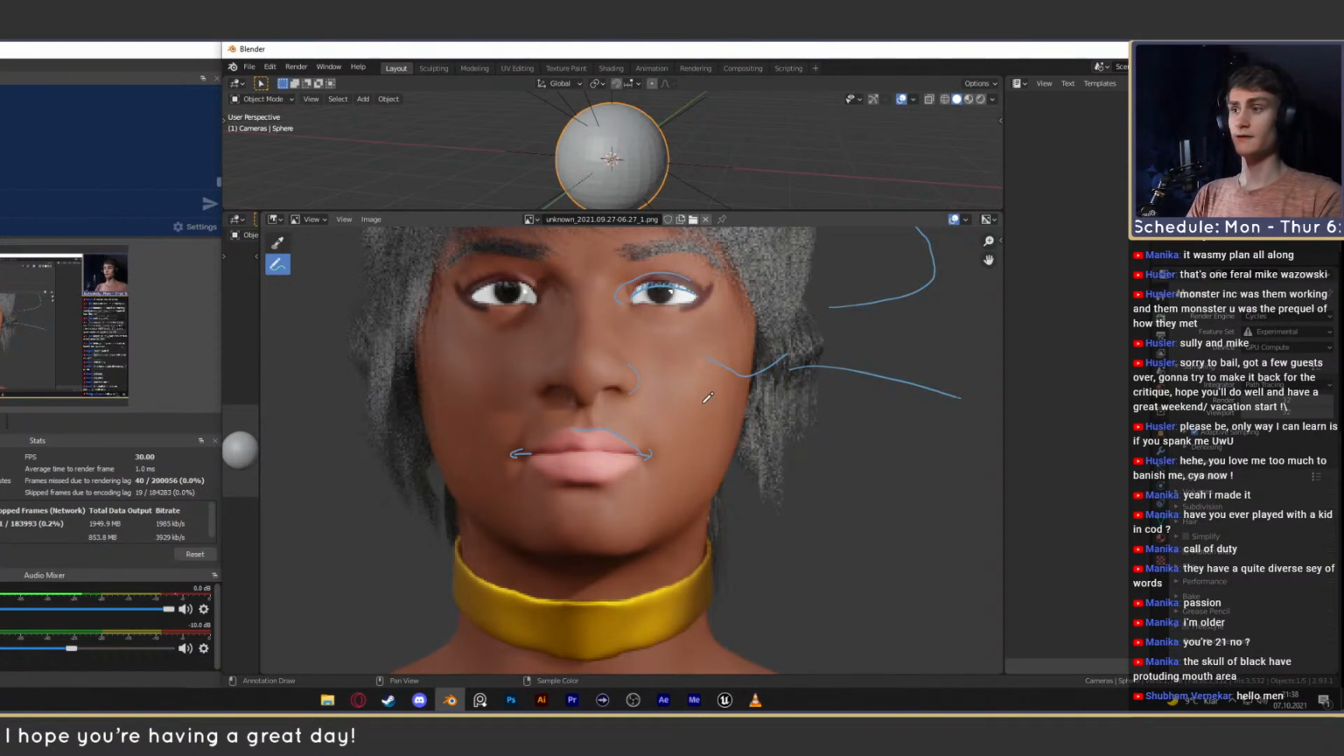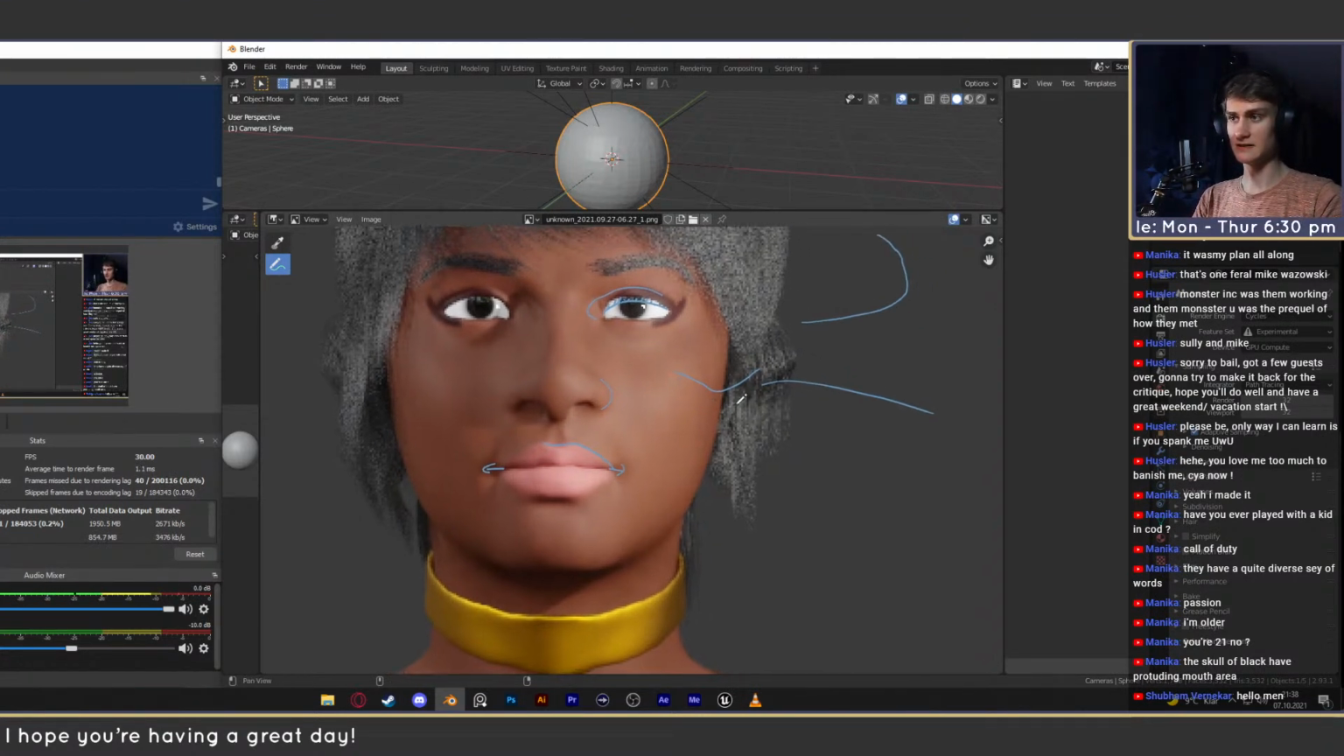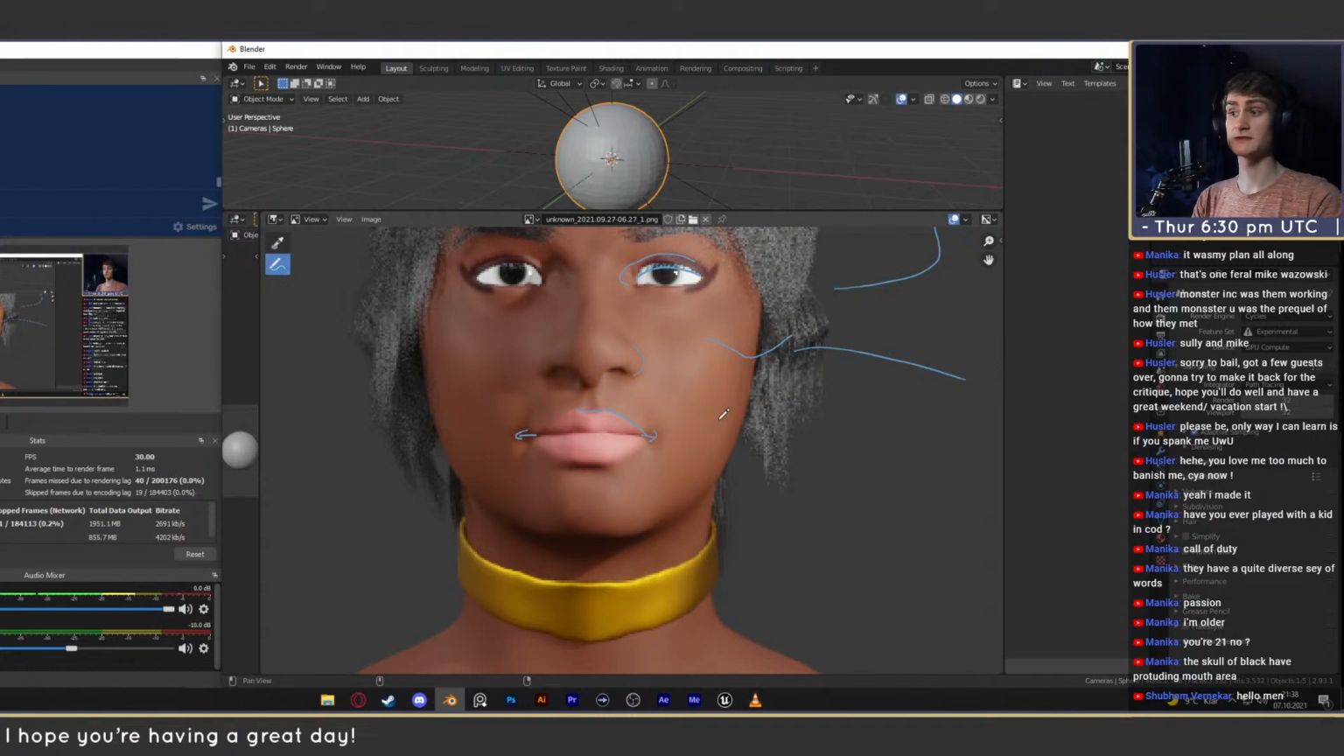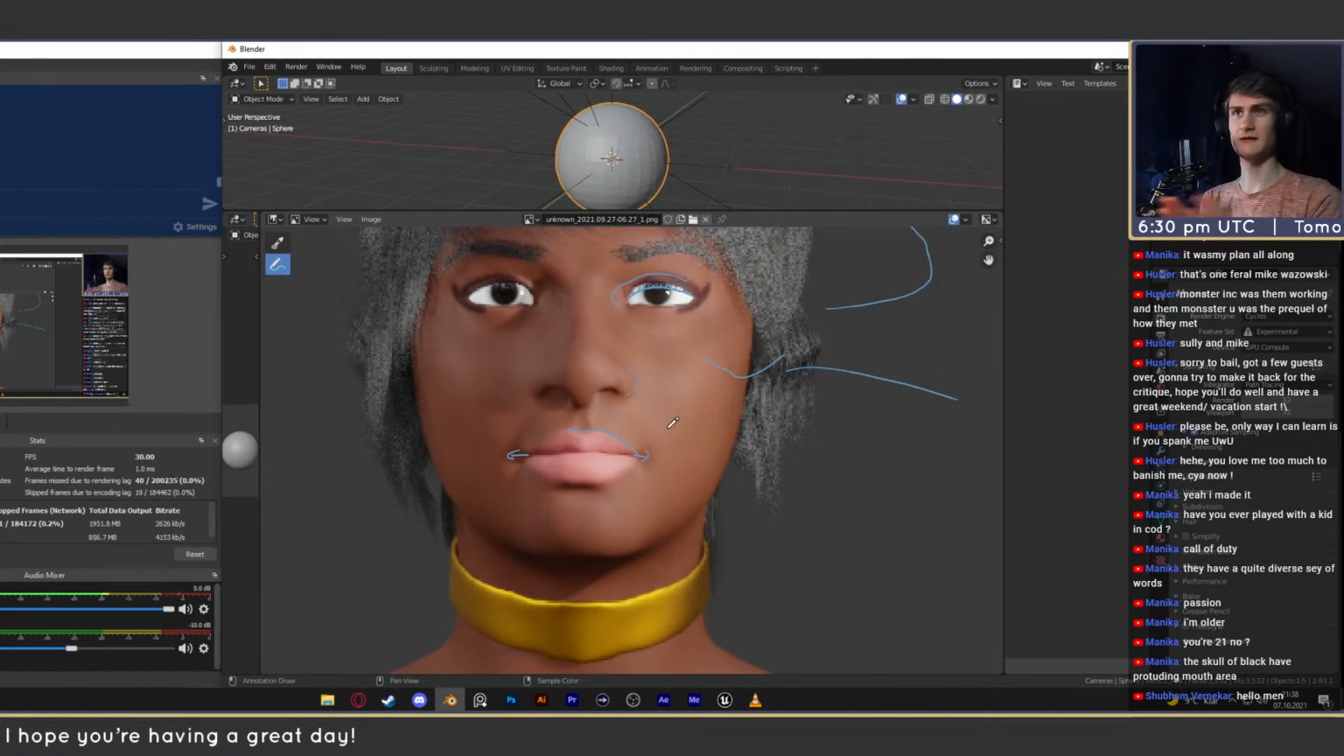Oftentimes, what you have to decide in the creation of your character is what the fat percentage is for your character. Do they have a lot of fat? Do they not have a lot of fat? And then you have to apply that level to your entire face. So for example,